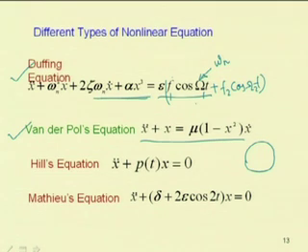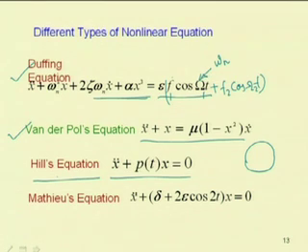So, another set of equations one can obtain in this nonlinear system is of this type, that is x double dot plus p(t) x equal to 0, where p(t) is a periodic function. So, this equation is known as Hill's equation, which he developed while studying the lunar motion